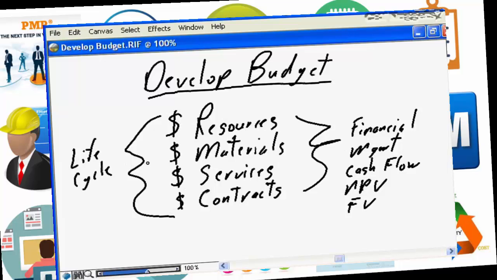Not just the dollars directly associated with the project, but the dollars associated with purchasing any ongoing products and services, the ongoing support, any other issues involved with your organization with maintaining the life of your project, the life of the results of your project once it is completed and put into production in your business itself. So developing the budget